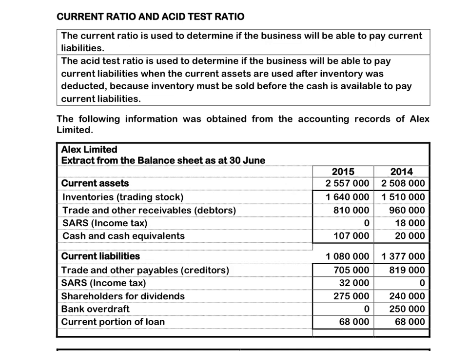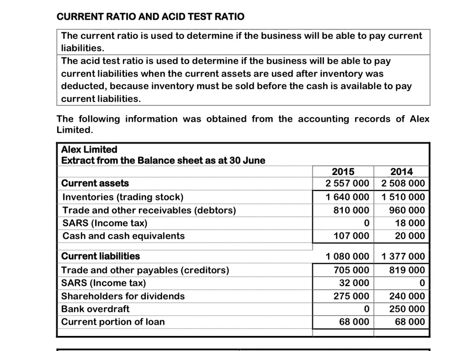Good morning. We will pay attention to analysis and interpretation today. First of all, we will pay attention to the current ratio and the asset test ratio. We will determine why it's very important to calculate these ratios and what the business will do with this information